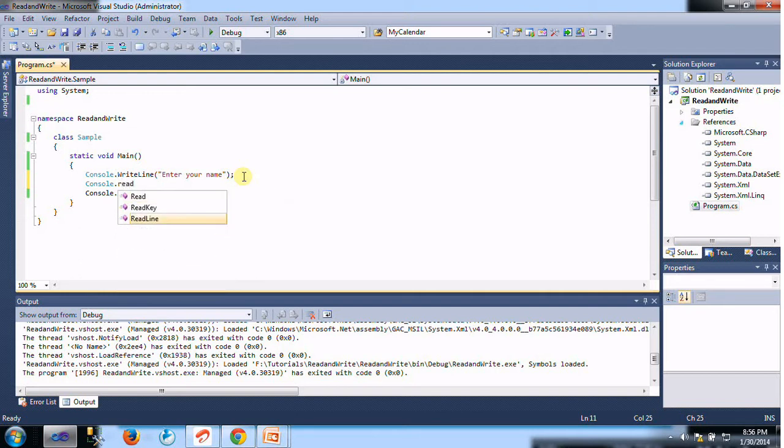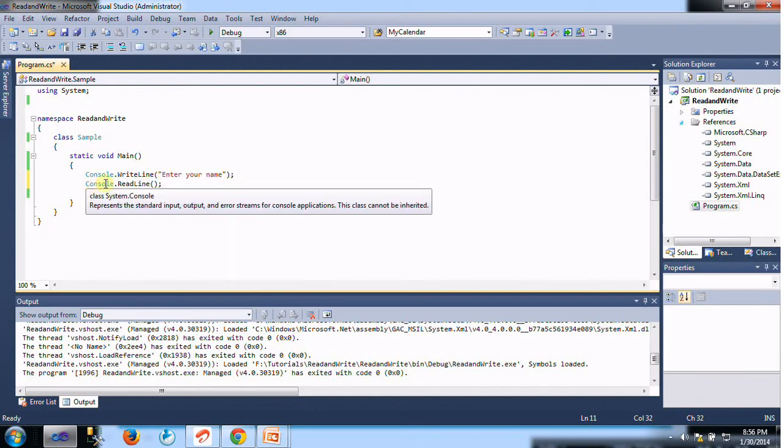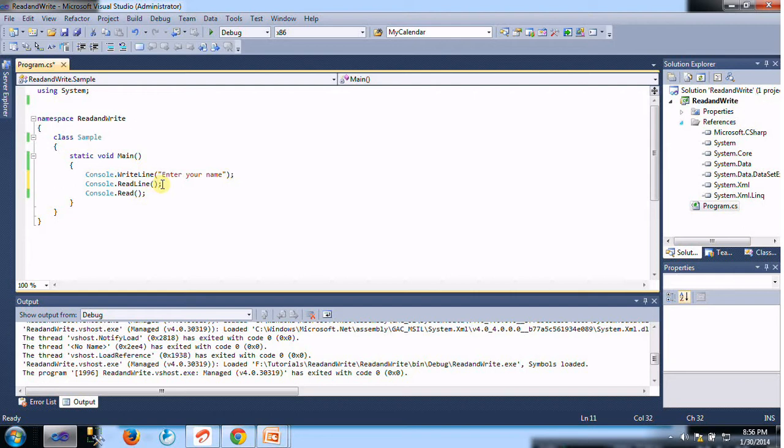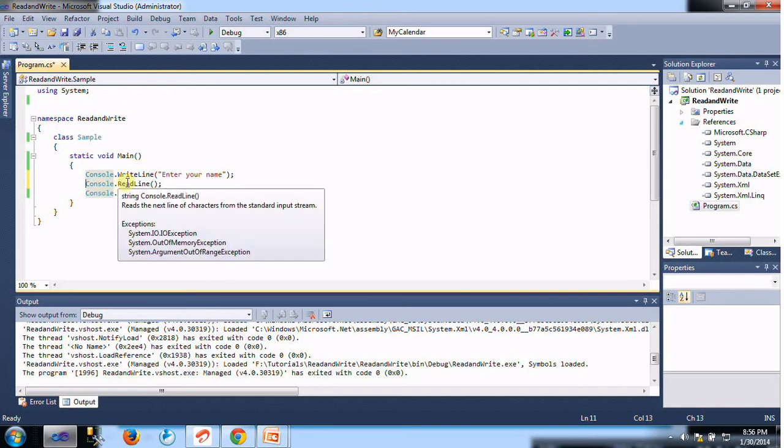The Console.ReadLine method takes the input from the console application, and the ReadLine method returns a string.